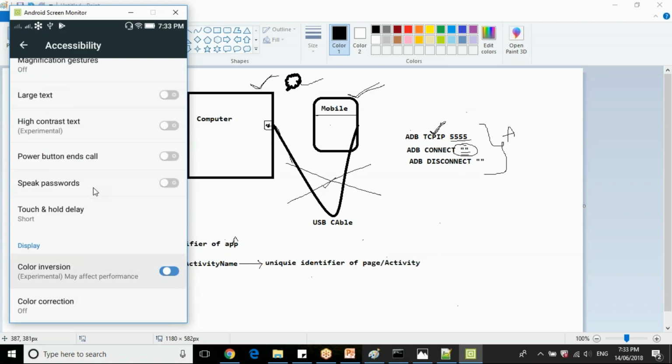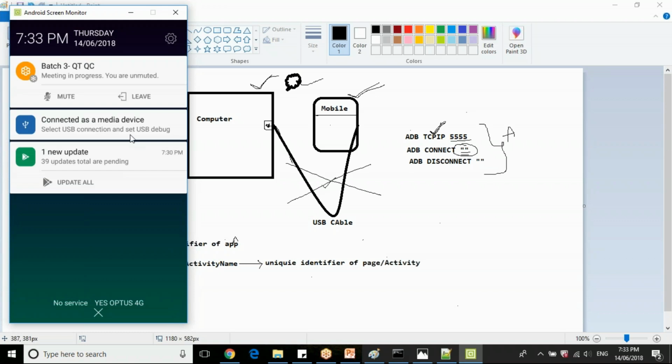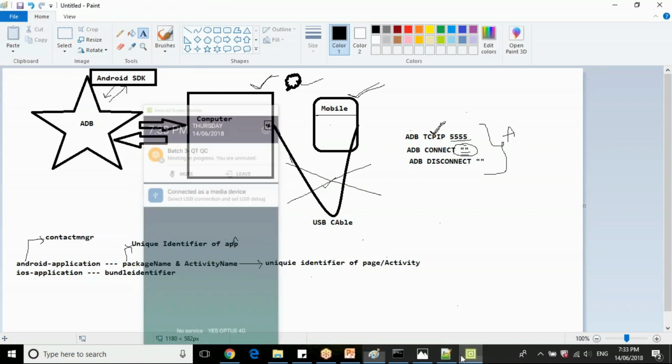You can get it through ADB commands as well. Let me check what is the command here.